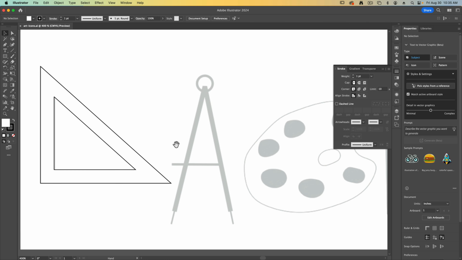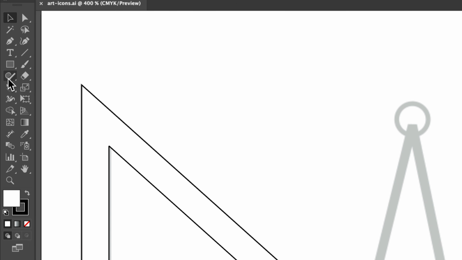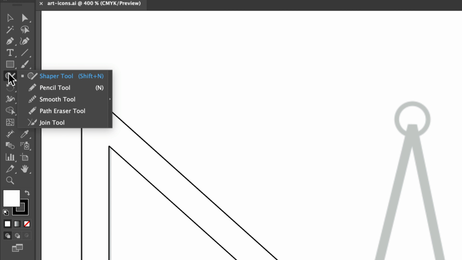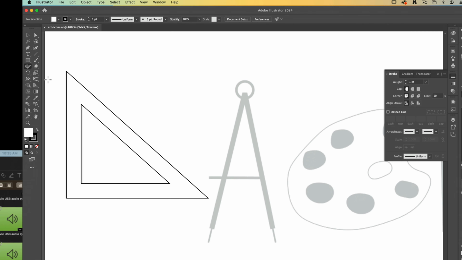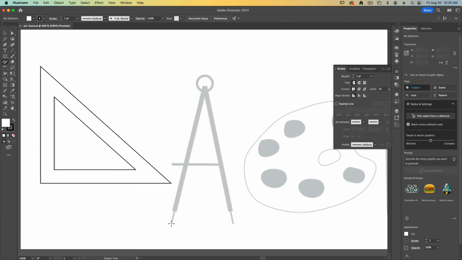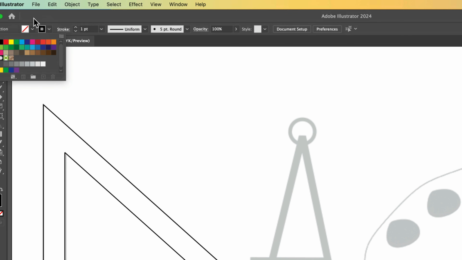To draw off the little compass, we're going to use the Shaper tool. The Shaper tool is located underneath all of your regular shapes, and it looks like a little circle with a pin on it. This tool allows you to easily draw lines and shapes freehand, and it will automatically convert it to regular shapes. Let's set our fill color to be none and keep our stroke color to be a black